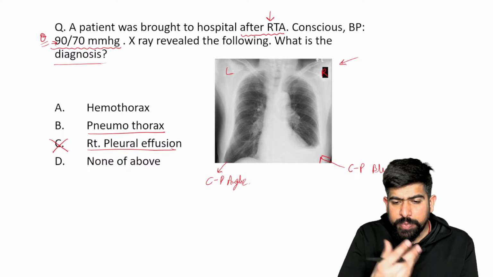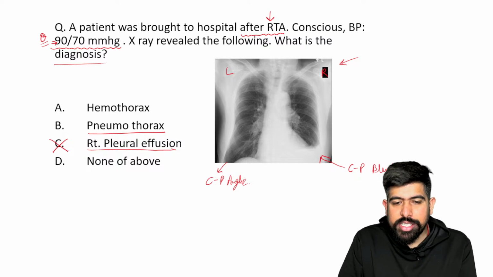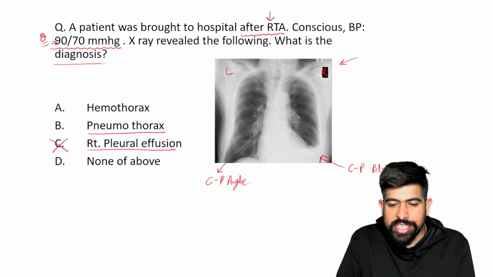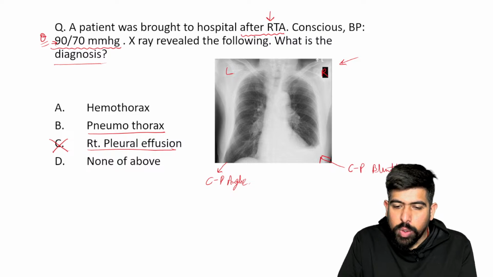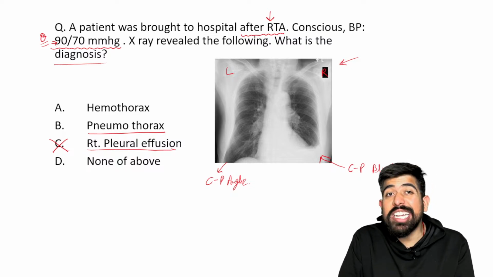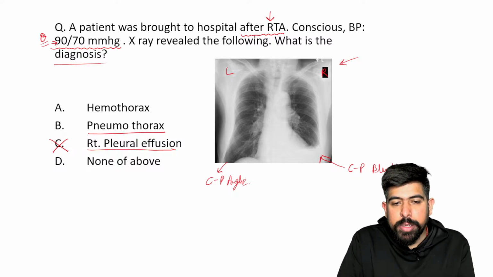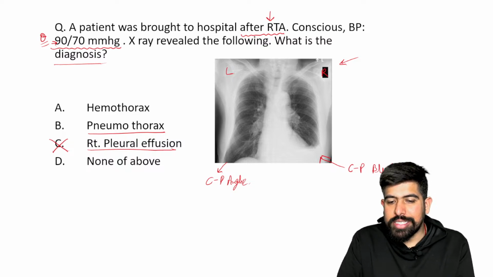What you are doing is you are seeing just the X-ray images, and you see there is blunting. Okay, yes, no CP blunting will be seen in pneumothorax. In pneumothorax, one area will be totally dark, so no air markings will be seen there, and there will be total darkness. Okay, I will show you the pneumothorax also.